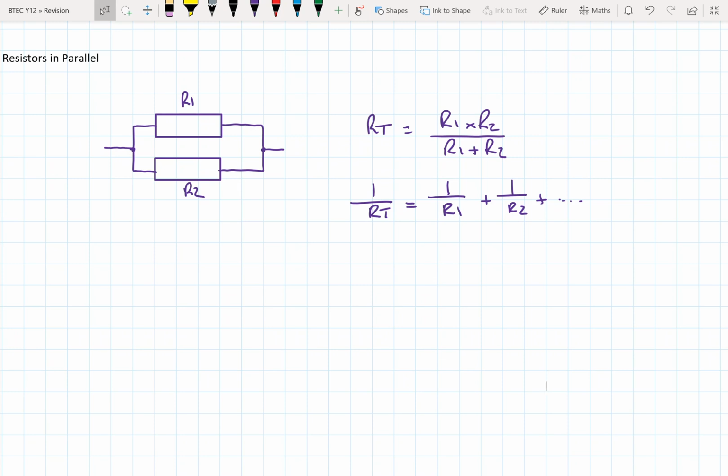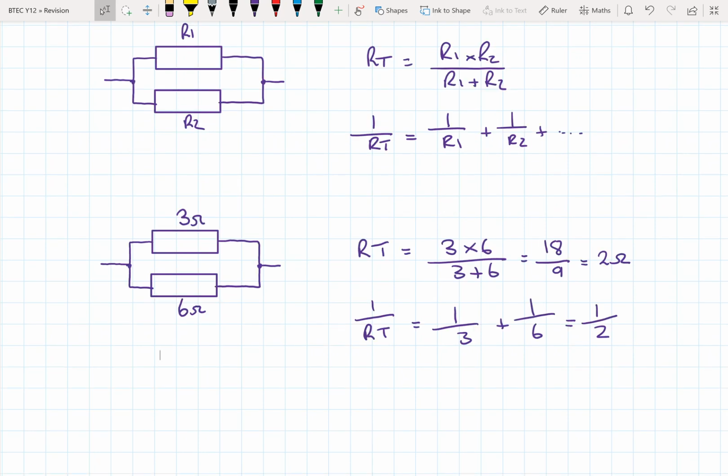Okay, let's look at an example. If we look at 3 ohms in parallel with 6 ohms, in product over sum, 18 divided by 9 gives us 2 ohms. If we use the 1 over RT formula, then a third plus a sixth equals a half. We need to make sure that we then do 1 over our answer, so RT equals 2